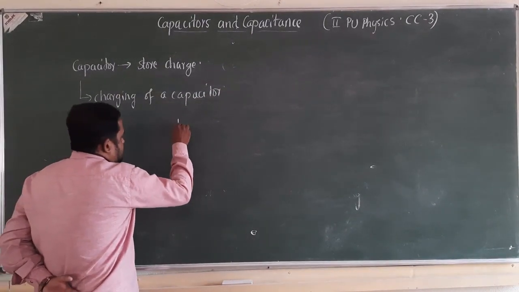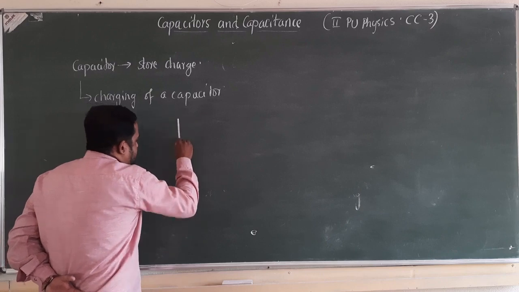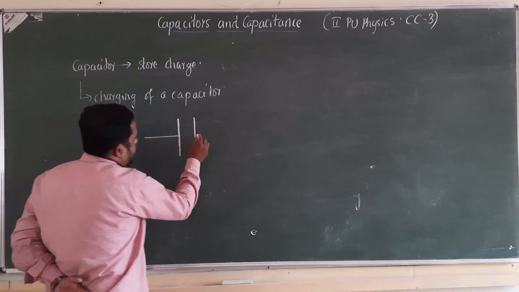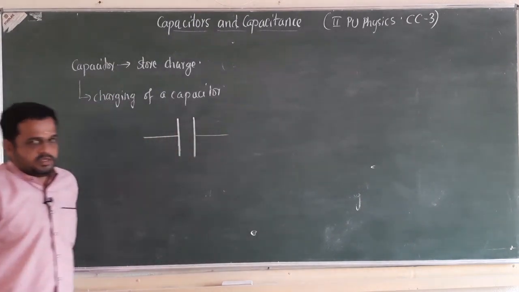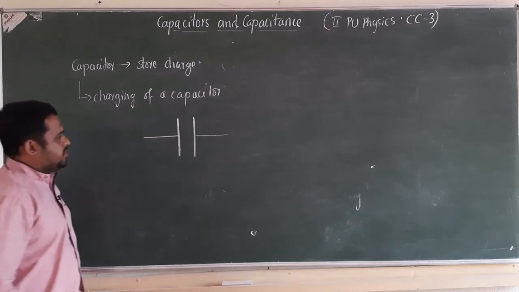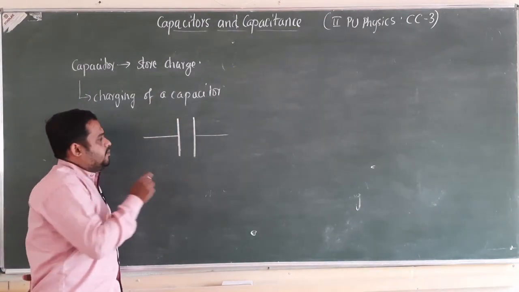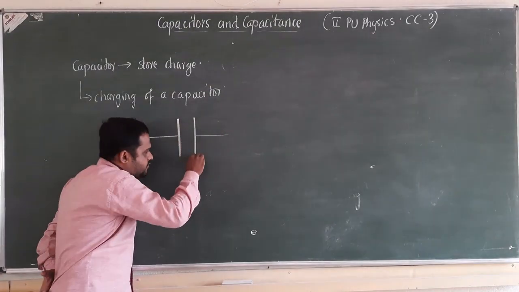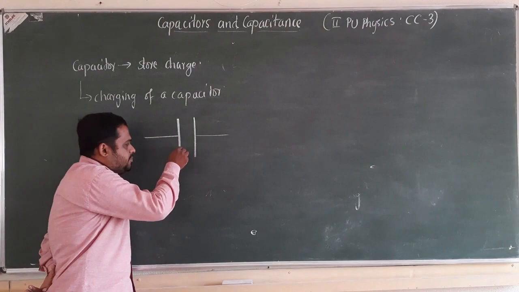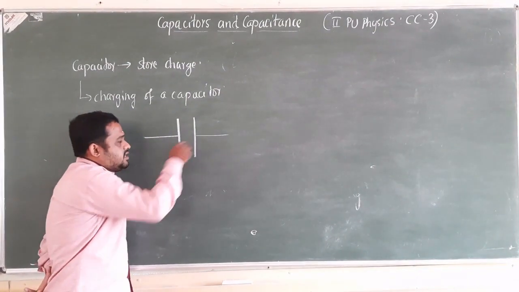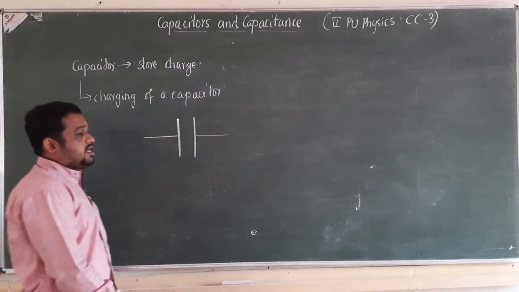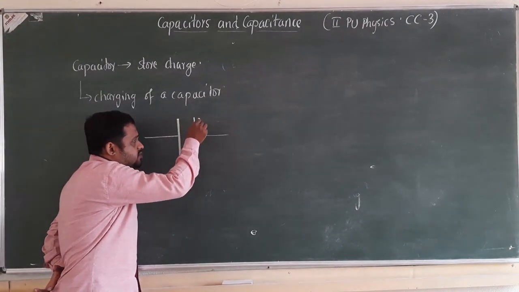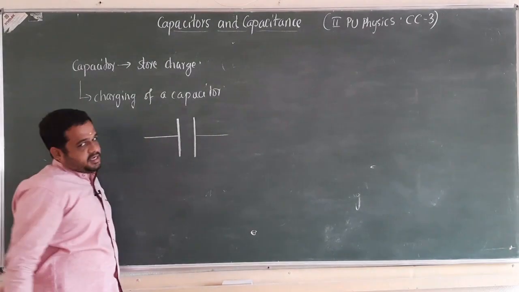Now, we know that a capacitor is a system of two identical conductors separated by a dielectric medium. In between the conductors there will be a dielectric medium. Now, let us consider the case of a parallel plate capacitor. This is the first plate of the capacitor, this is the second plate of the capacitor. We know that in one of the plates positive charge is stored, the second plate is a grounded plate in which charging by induction takes place. Due to that, an equal amount of negative charge will be induced in the second plate of the capacitor.